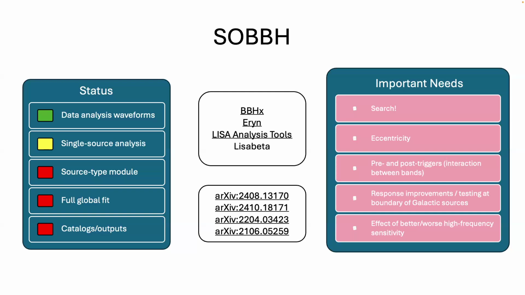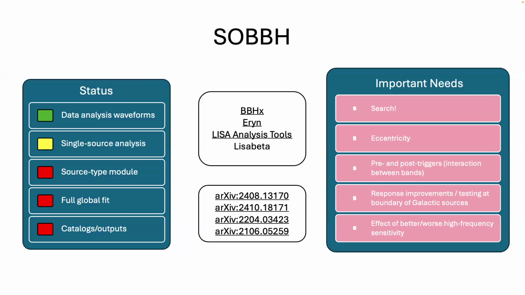there's a paper from that group that has a single source search for a stellar origin black hole with some quotes on how low an SNR that they can get. So I think that's pretty cool, pretty interesting. I think that's one of the papers I have listed here. But I still have it colored as yellow, just until we have maybe one more algorithm that does it, and we can kind of compare and make sure that everything is going well. But this one is approaching green from the single source analysis spot, but still definitely red for anything further down